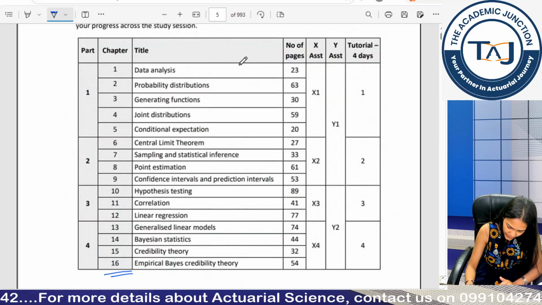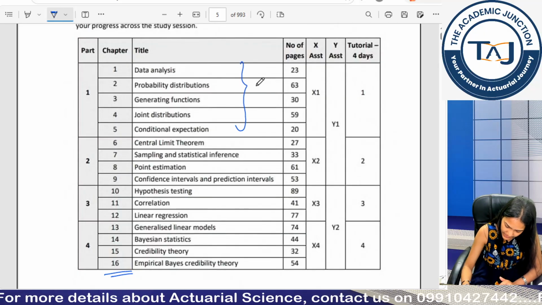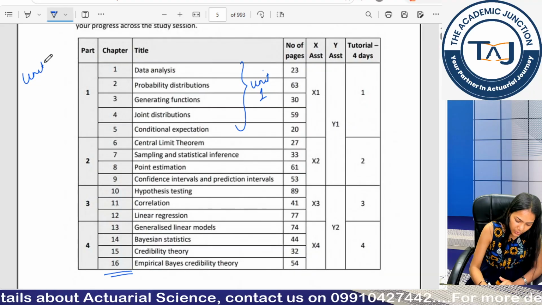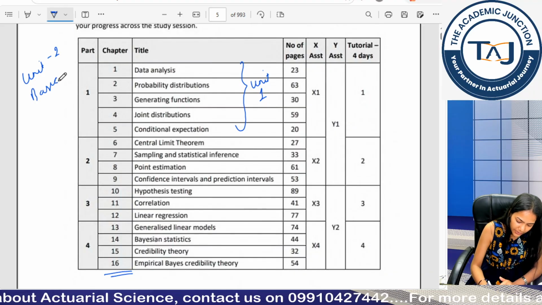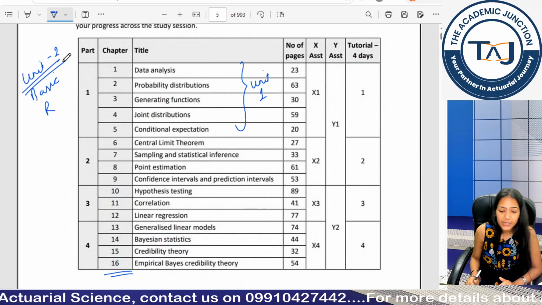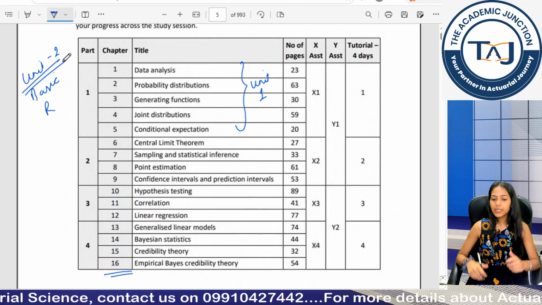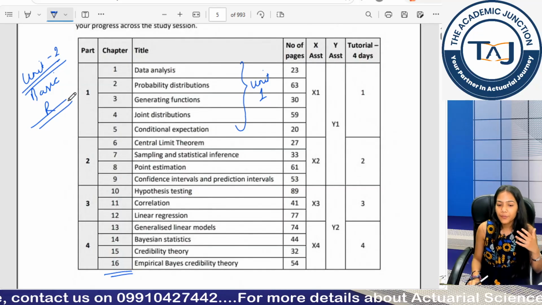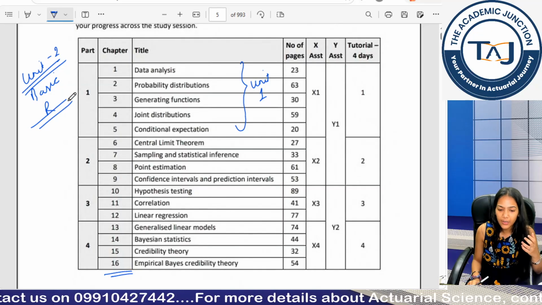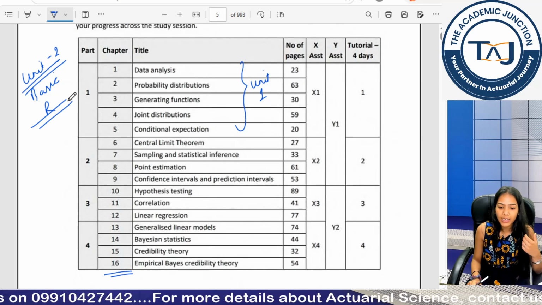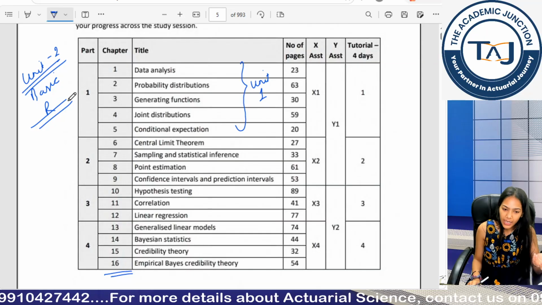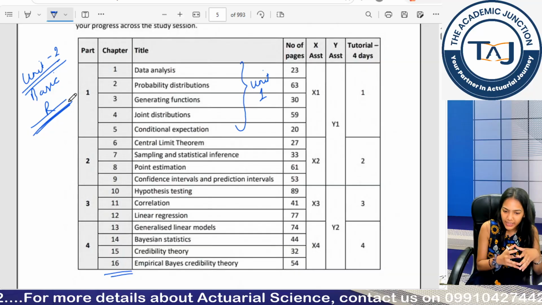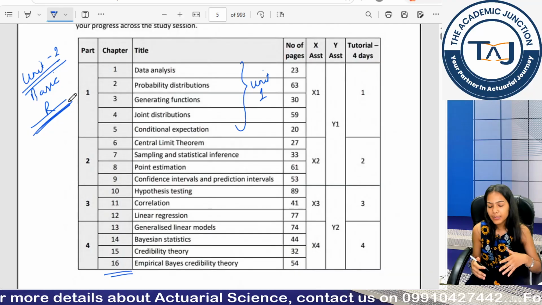Okay, so the first unit is chapters 1 to 5. This I consider unit 1. Then we take another unit as unit 2, which is basic R, because as I said we have to be consistent in both the papers. In this basic R, what we will be doing is covering basic R operations, like opening R, saving a file in R, and how we use operations in R. Then after that, once you are comfortable with your basic R functionality, basic R interface, then we will be doing